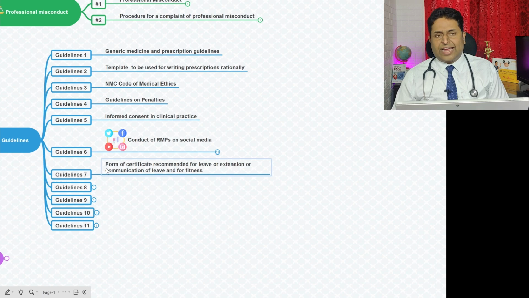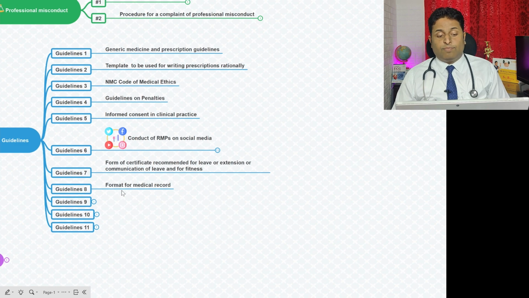Then we have the 7th guideline, that is the form of certificate, recommendation for leave or extension or communication of leave or for fitness. How to write these forms is also given as a template. Then the format for medical record is also given.